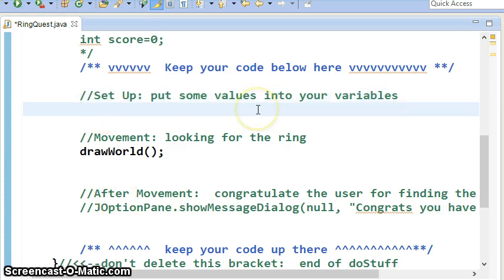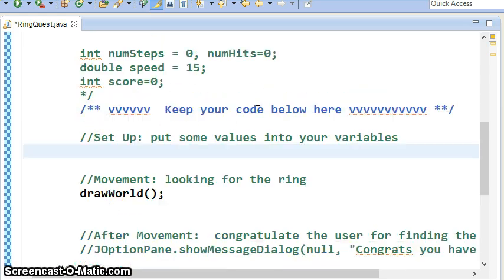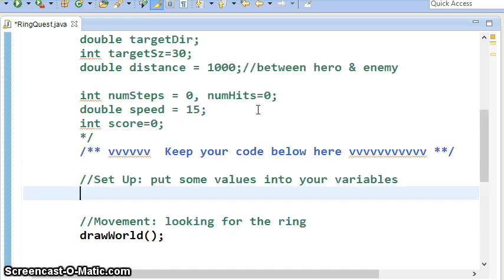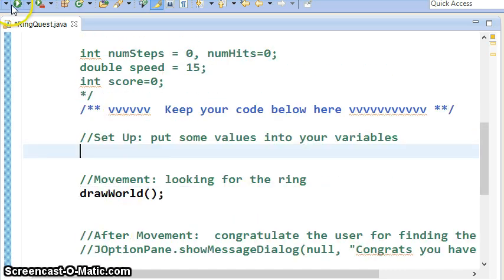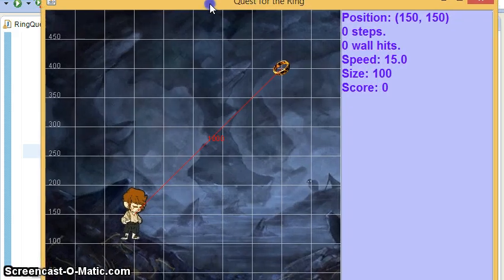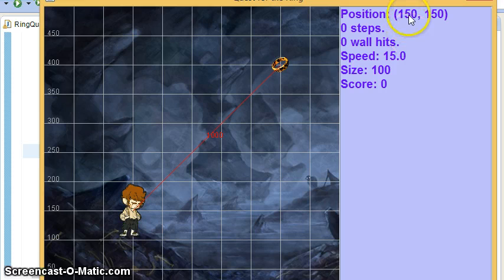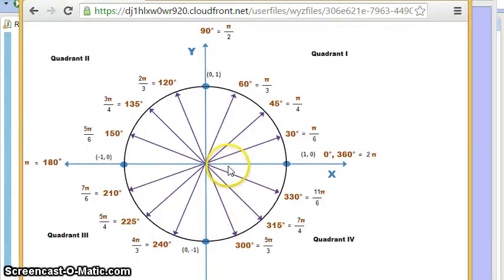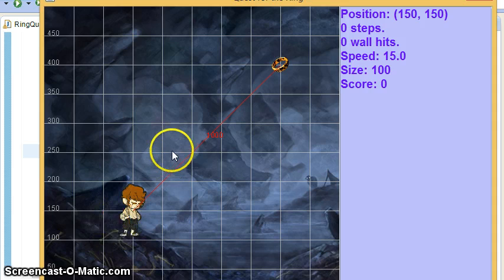Now, what I want you to do right now is play with the hero. When you run him right now, he's going to show up. His position is at 150, 150. Now, he is facing direction 0 by default. So I would like for you to mess around with him. I want you to try to get him into the middle of the screen, and I want him to be